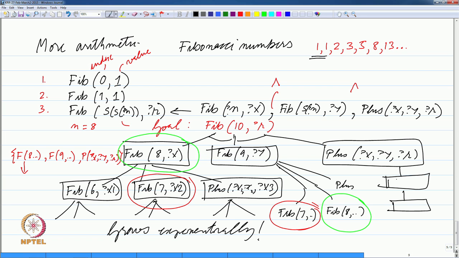Every node has 3 children, and you will have to, as you can see, go at least 10 levels down essentially. Of course, some of them will taper off. So, 6 will reduce to 4 as its leftmost child, which will reduce to 2 as its leftmost child, which will reduce to 0 as its leftmost child, but that will terminate because it will match the clause. At some point it will terminate, but it is a big tree and it does a lot of unnecessary